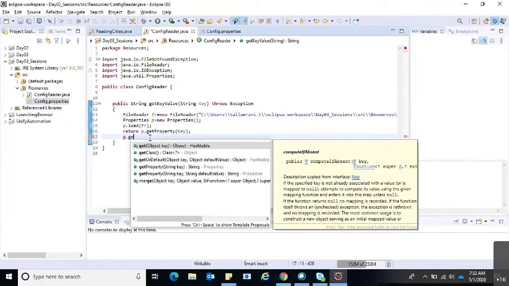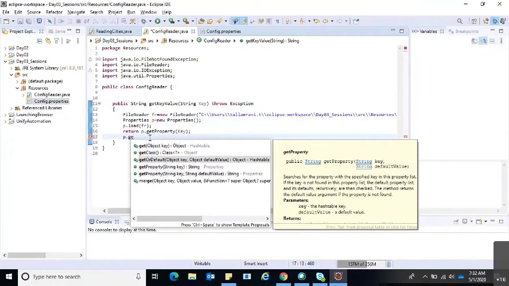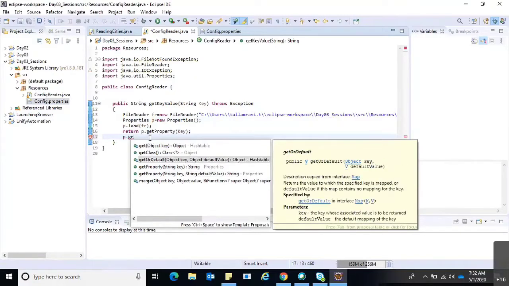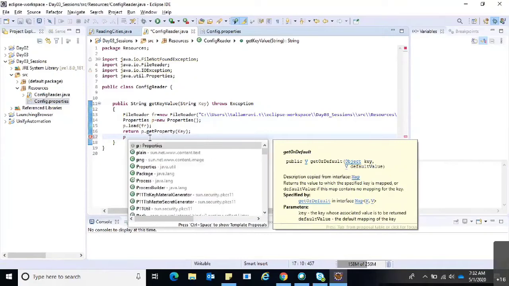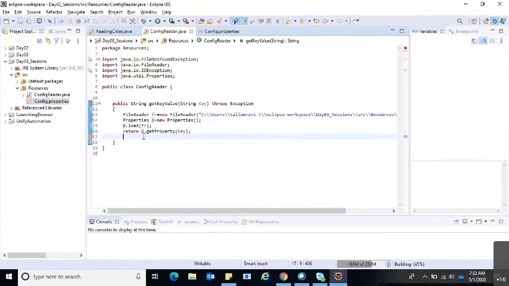See, getProperty gets our default object or key value. We have different kinds of methods with this property file, so we can use all of them whenever we create an object for Properties. So we are loading all those file details into the Properties class reference, and then we are calling it.